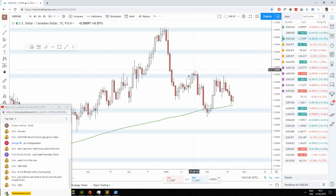Right, USD CAD. I can't remember when I shared this one. I think I might have shared it 2 weeks ago. And again, I did not enter personally. I've had a whole string of trades which I've shared, which ended up profitable, which I didn't end up entering for one reason or the other. Generally because I've